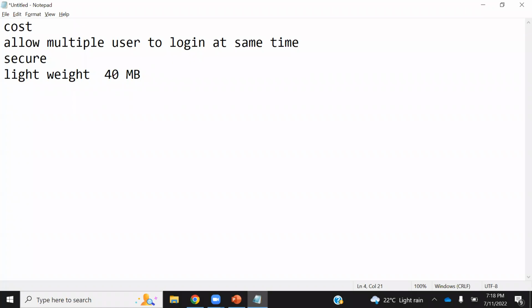And if you go with Windows, it will probably be 4 GB. In fact, Android nowadays comes with 8 GB. Mac comes with like 15 or 20 GB. So you can see the operating system itself is so big and heavy. But when you talk about Unix, it is only 40 MB, 30 MB, 20 MB. So it is very, very lightweight.